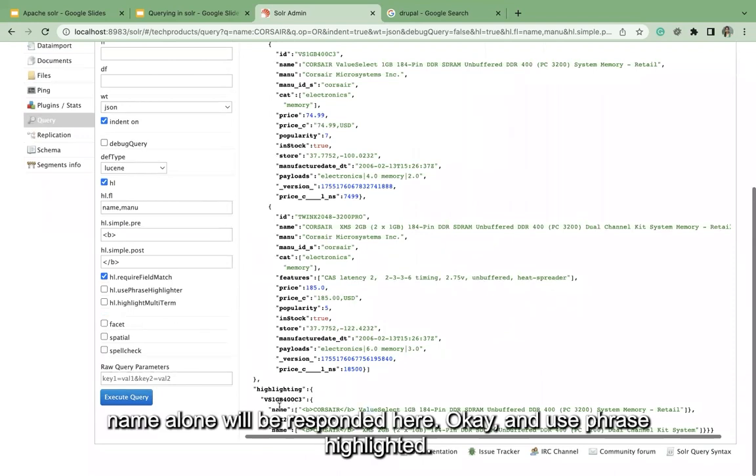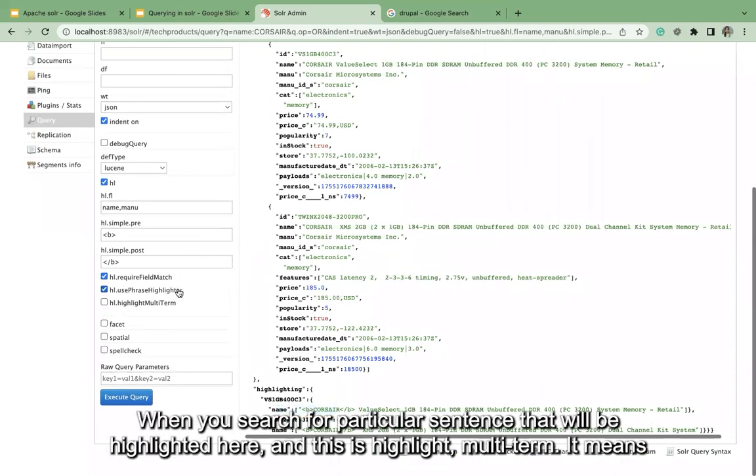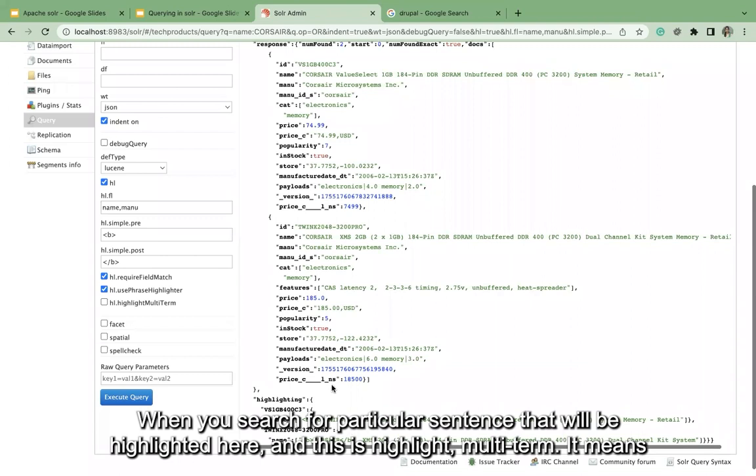Name alone will be responded here. Okay. And use phrase highlighter. When you search for a particular sentence, that will be highlighted here. And this is highlight multi-term. Multi-term means